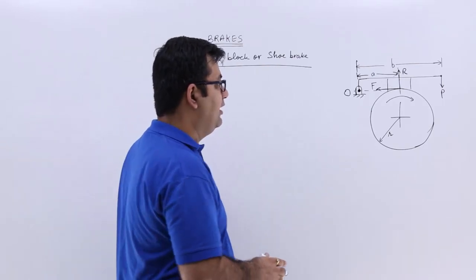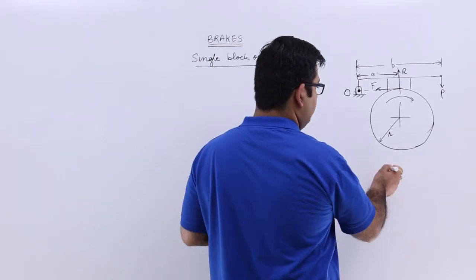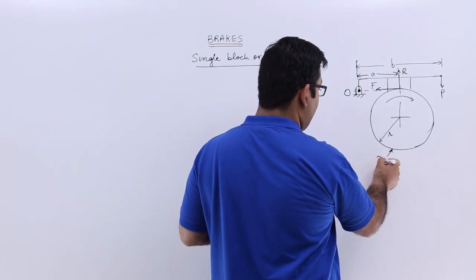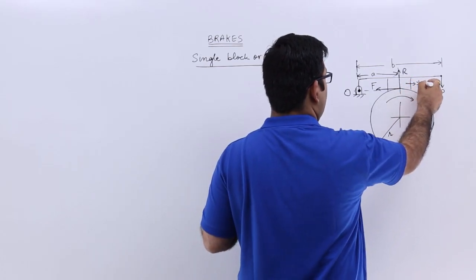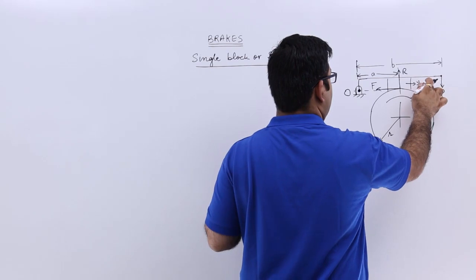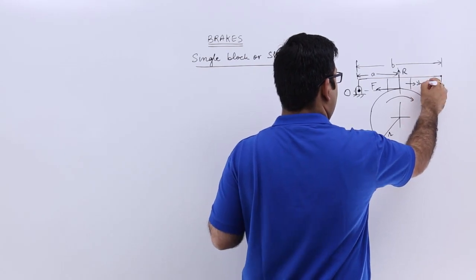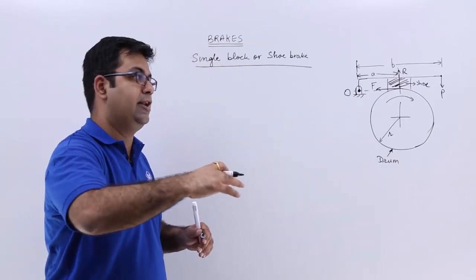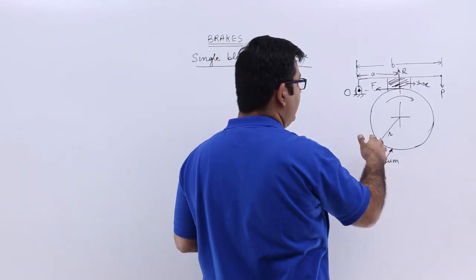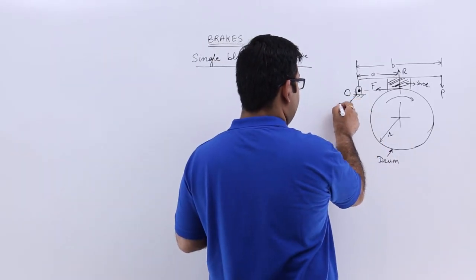So you have a drum. This is called the drum. This is the shoe. This part is the shoe, which is pressing against the drum, which is rotating. This is the fulcrum,